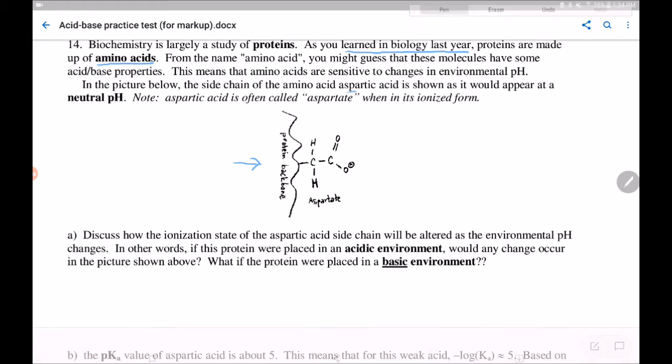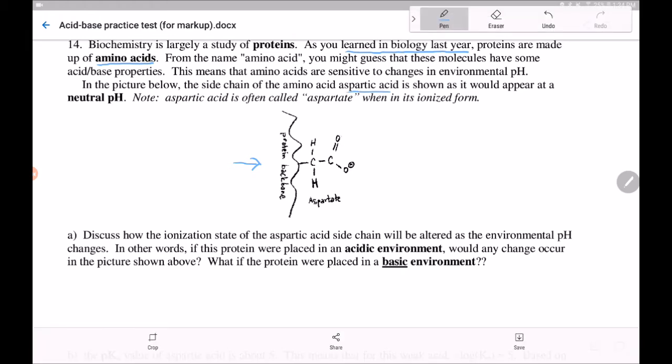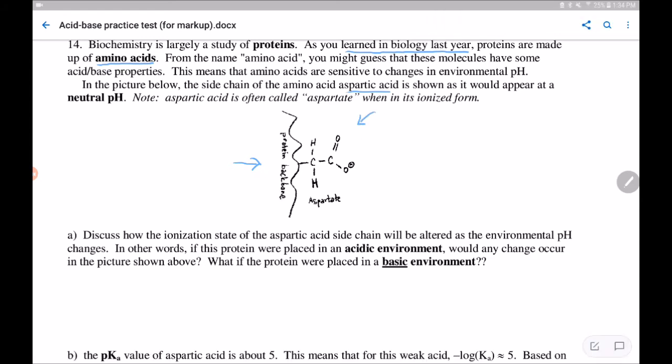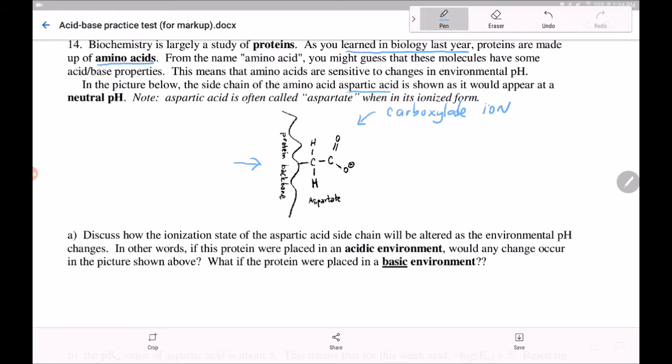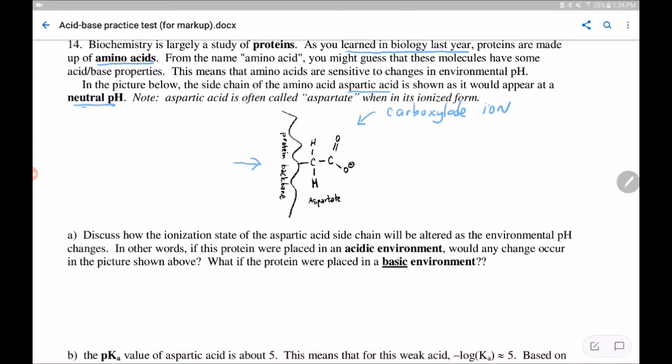It's called aspartic acid, and you can see that it is, as drawn here, a carboxylate ion. It's a deprotonated form of a carboxylic acid. The words say this is what it looks like at neutral pH. At pH 7, that's neutral,